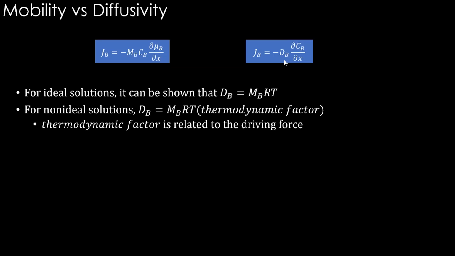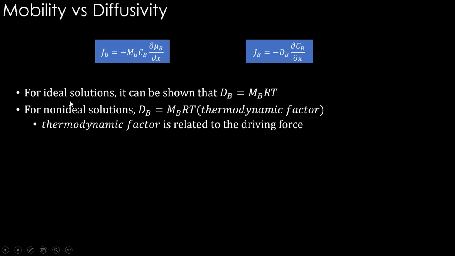So this information can come from the experimental measurement. What cannot come is, in this flux, how much is driven by thermodynamics. So that aspect is not there. When it comes to mobility, that's what we are separating out. Mobility talks about the movement of atoms with respect to a unit driving force. Okay.